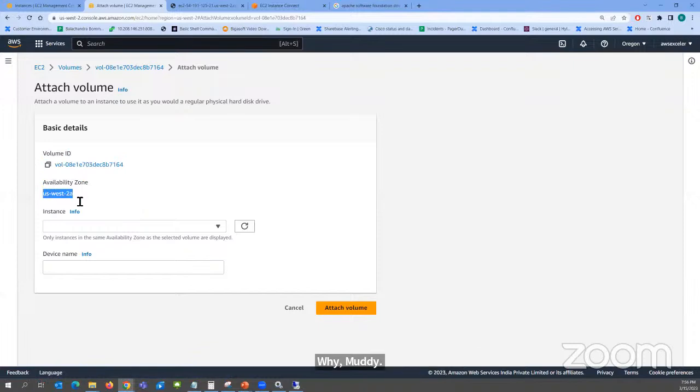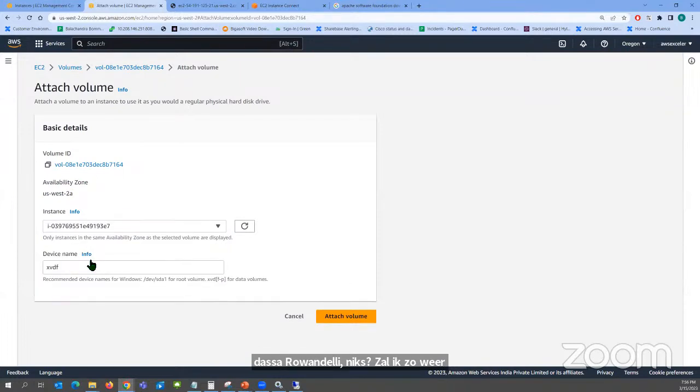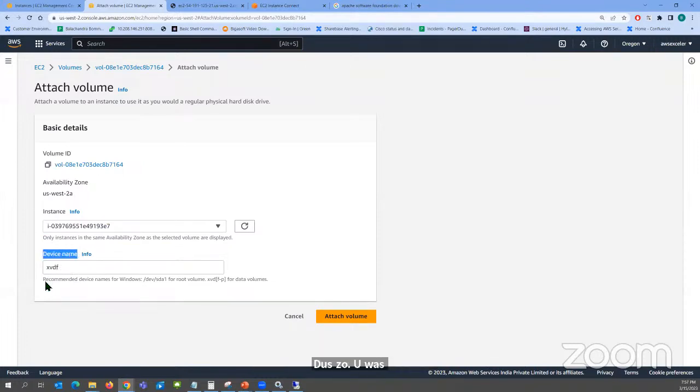What is the availability zone? I created it in US West 2A because my instance has been launched in the same availability zone. So I'm selecting the instance. What instances are running here? The Windows server and the Linux server, right? I'm going to attach this hard disk to the Windows server. Now the device name: you can see a recommended device name for Windows is